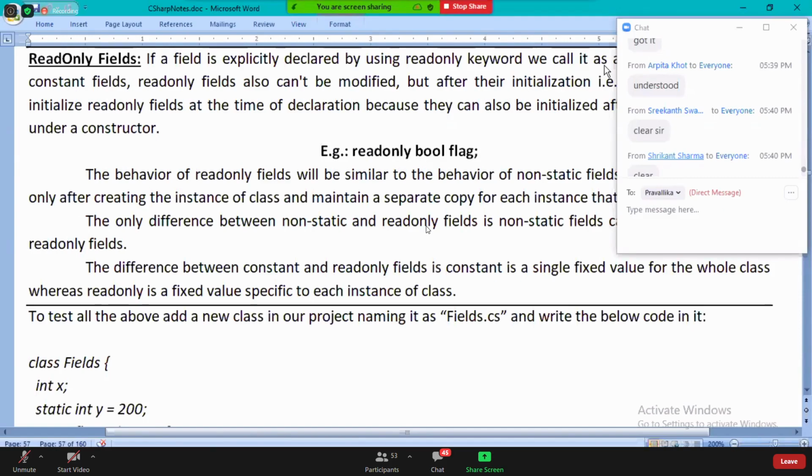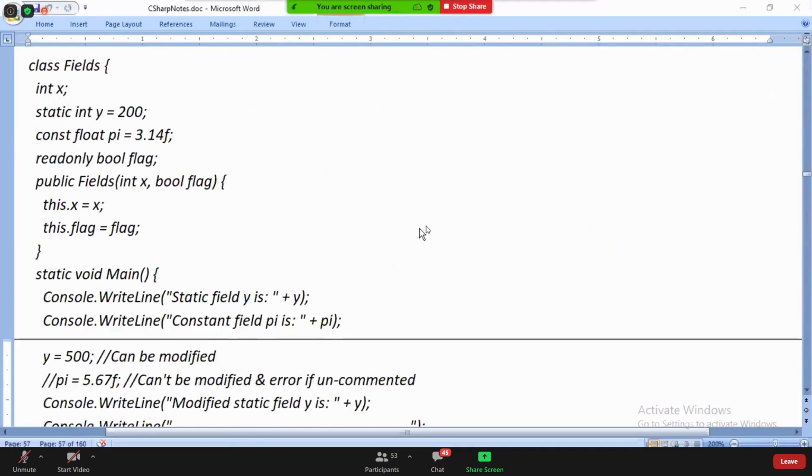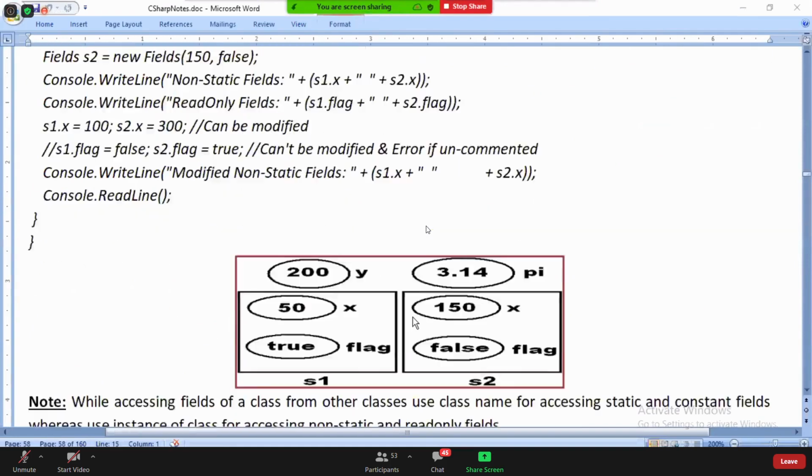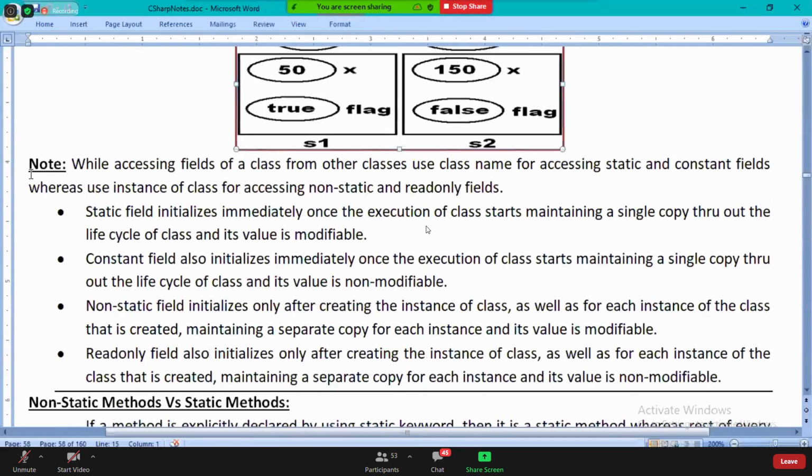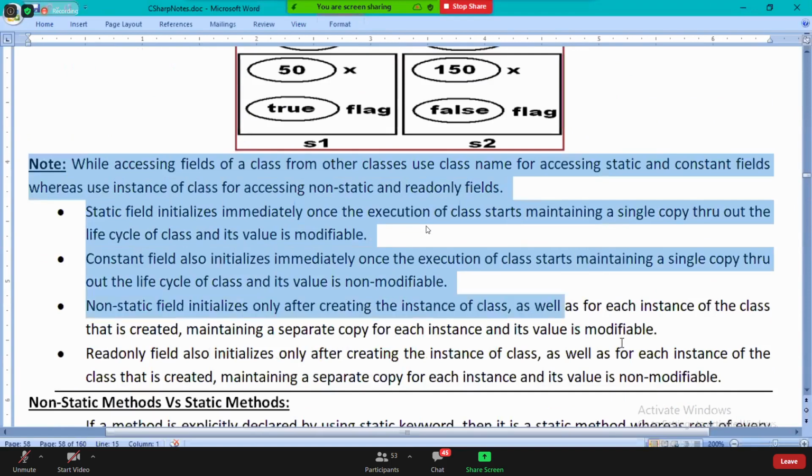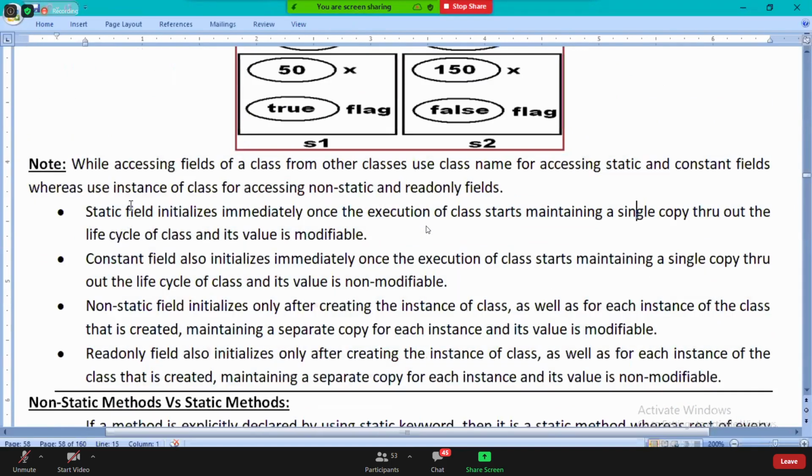Okay, guys. So this is all the code, and finally, this is the declaration of how it will be. Read this, guys. Read from the note. Read all the points.